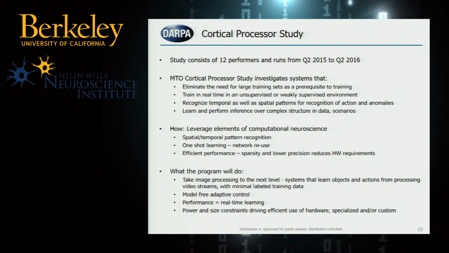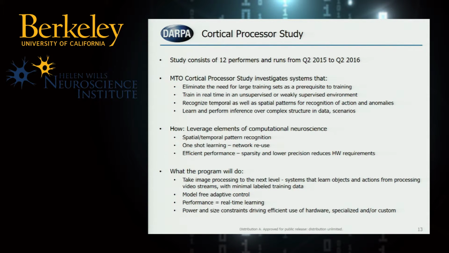Being able to handle temporal data more efficiently, and then finally learning to perform inference, to capture and then perform inference over complex structure in data. So we have a number of studies that are strictly algorithm. There's no hardware analysis in this study. The goal is to determine whether there are biologically inspired features that could be added to the existing machine learning to create hybrid algorithms